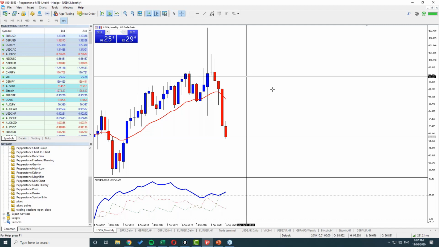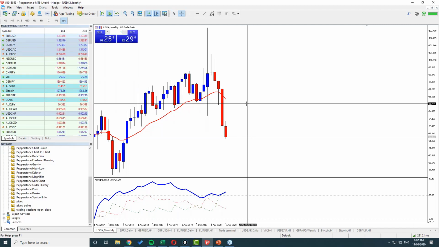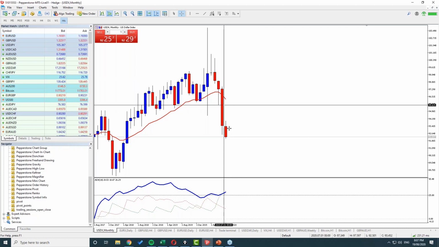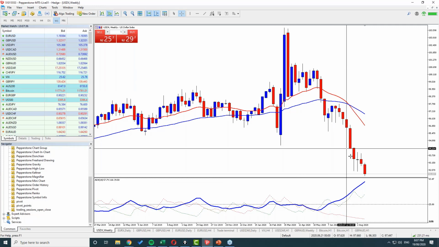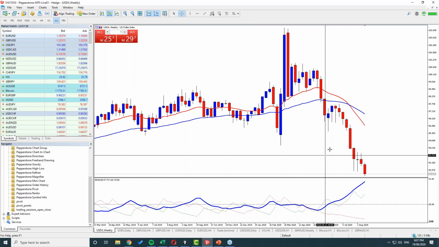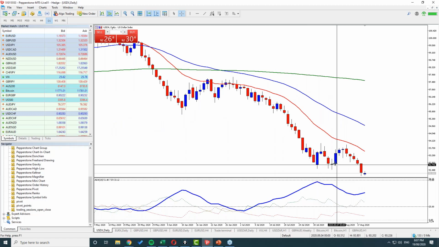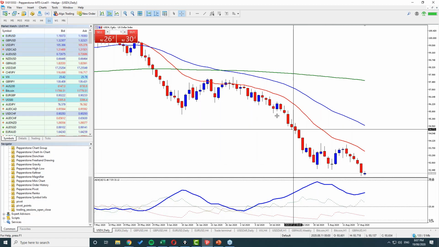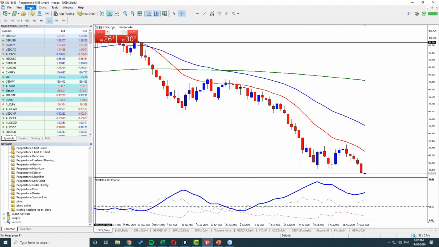So if you showed anybody this chart, even if they were absolute beginner, never seen a candlestick before, they're all going to tell us it's going down right now. That's all what they're going to say. Then on a weekly, they're going to say it's going down even more. It's even easier to see. On a daily, of course, it's going down, but it did stop for a little while there. And potentially we are seeing a little bit of a weakening of the trend in terms of this indicator underneath, which we'll come back to.